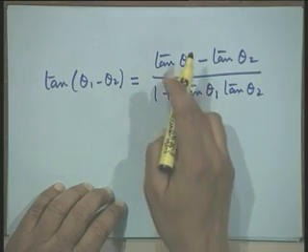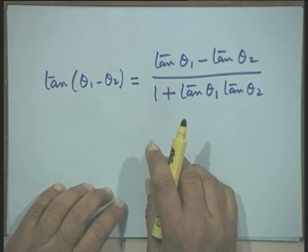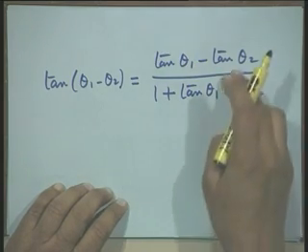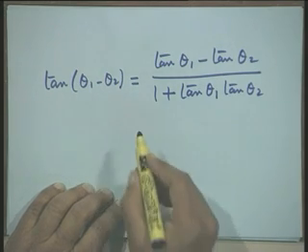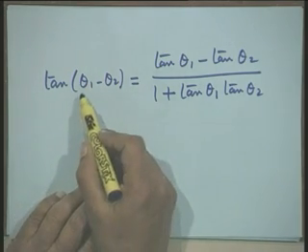Here tan theta 1 is equal to omega a T, tan theta 2 is equal to omega T, not a,